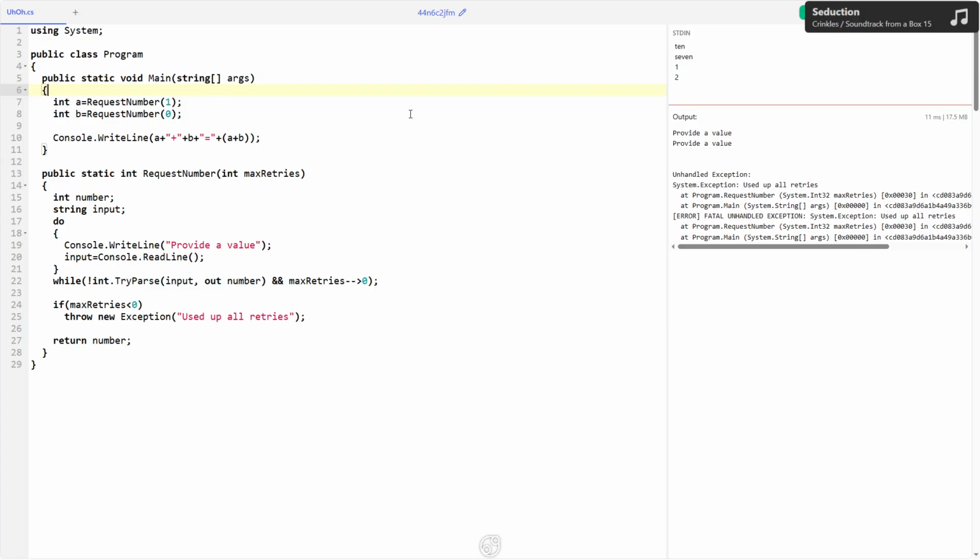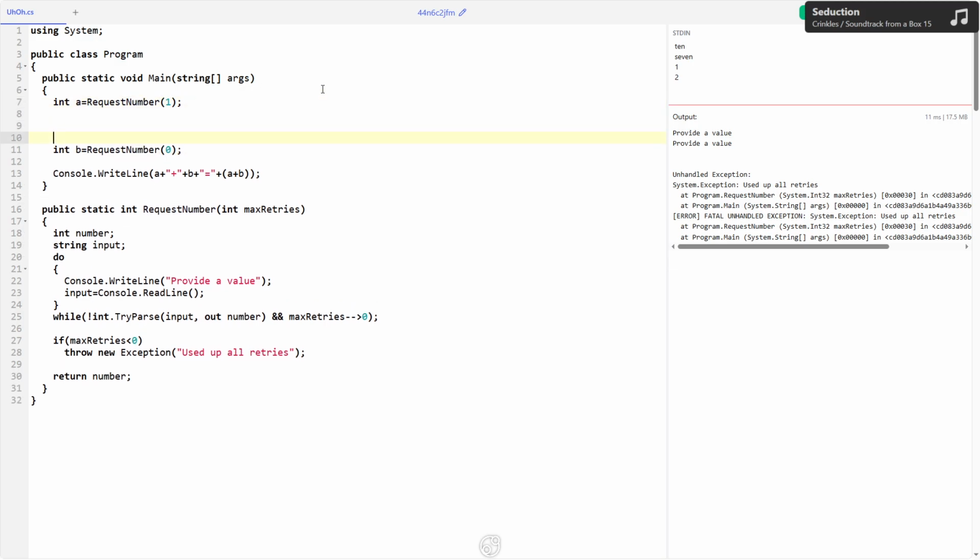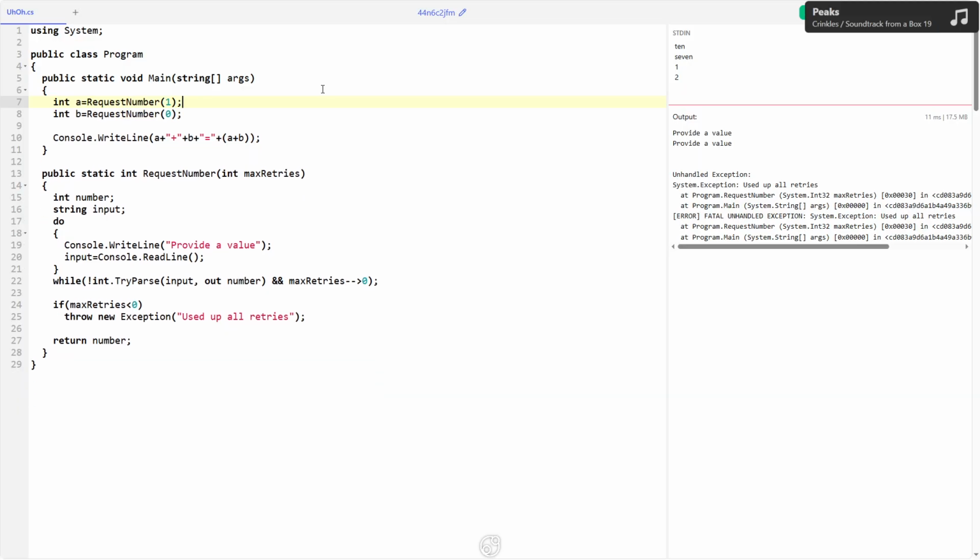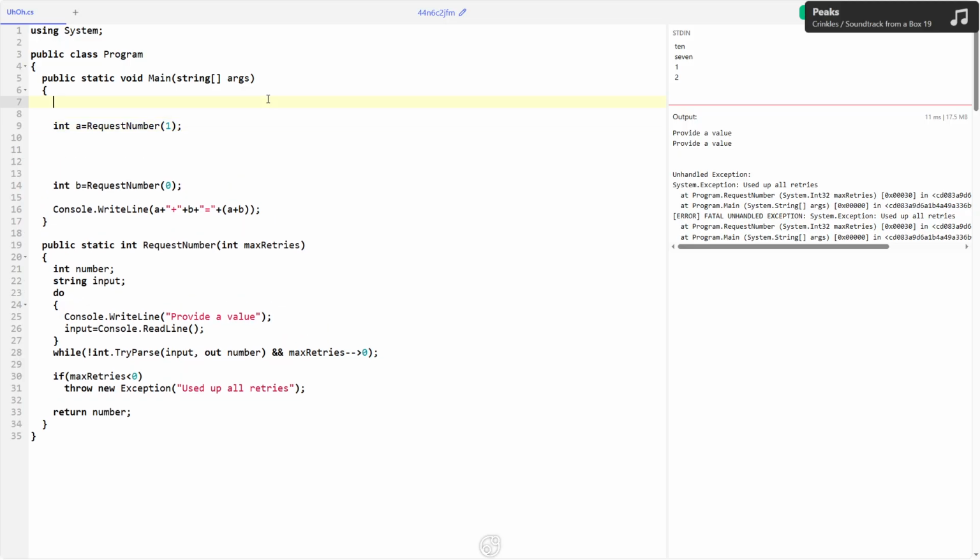You can, however, handle that exception yourself. You can decide to catch the thrown exception. Request number will throw the exception. Actually, let's put it like this. Request number will throw an exception, and we, the caller, will decide to catch that exception. And that works using a special syntax,